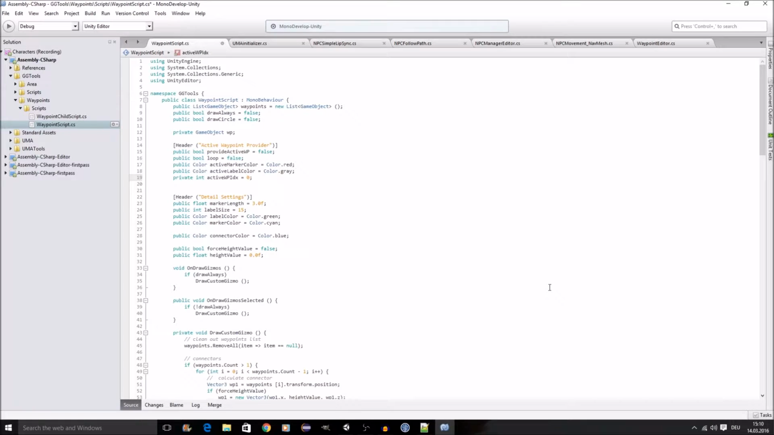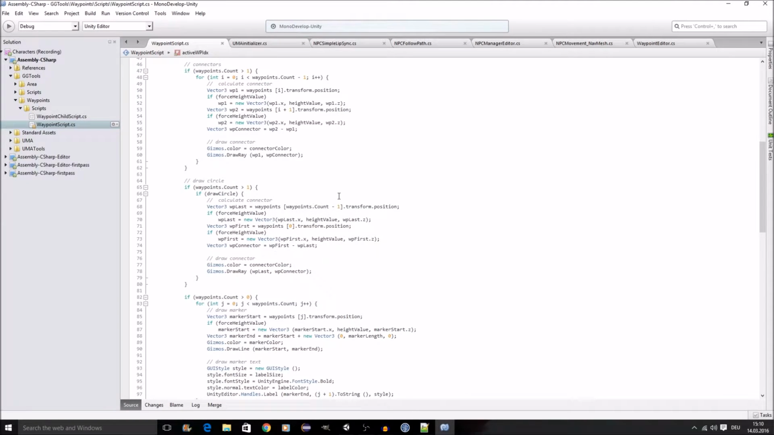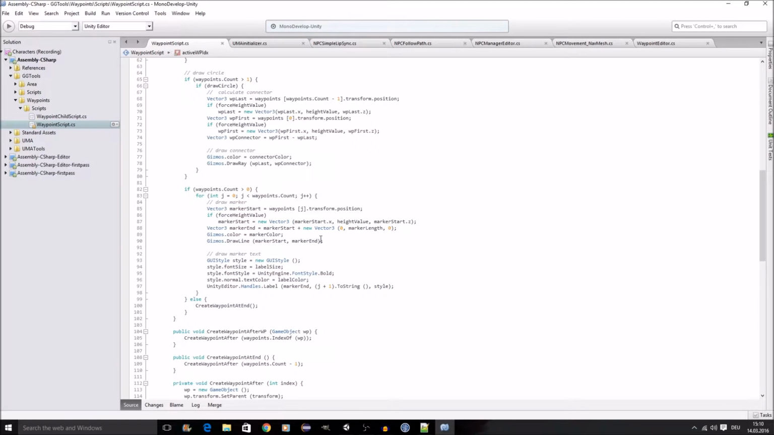So the reason for that being private is what I just explained, that I want to keep the waypoints tool self-contained. I don't want this to be public so you can mess around with it from all sides. That will also mean that we need a bunch of functions to give us access to the value, or ways to change the value. So first things first, we first need to look at how this is